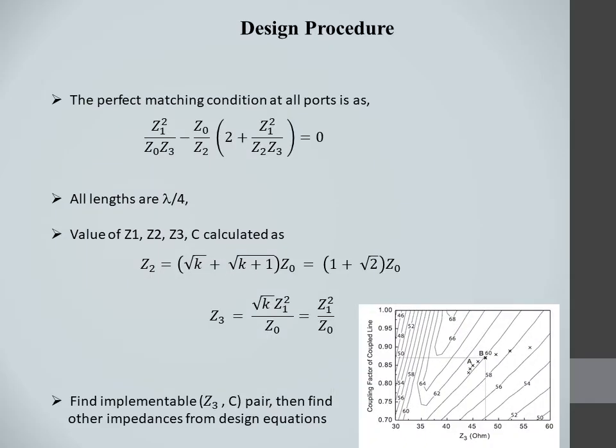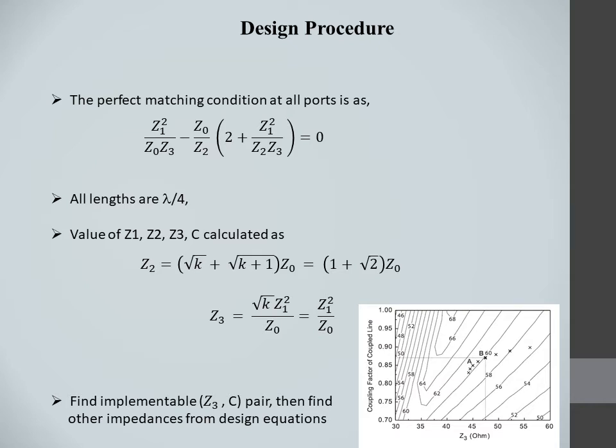By applying the even and odd mode analysis to the equivalent circuit, the proposed coupler can achieve perfect impedance matching at each port when we have the condition satisfied as shown. Since the length of each section is lambda by 4, we just need to find different widths of different impedance sections used in the design. The design formula for the various impedances is as shown.